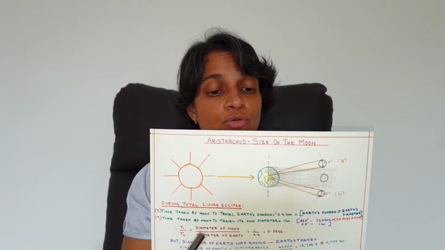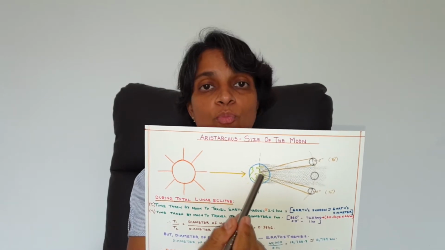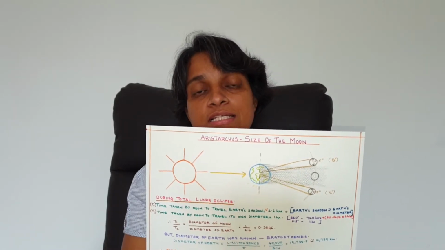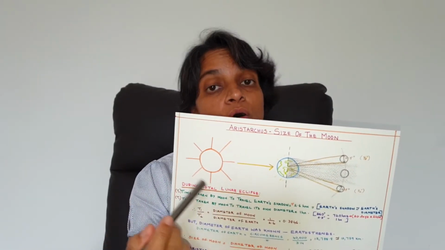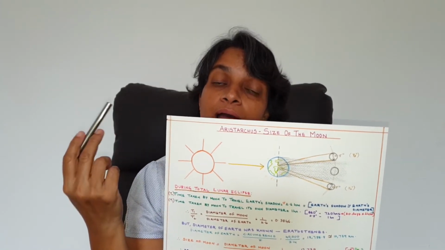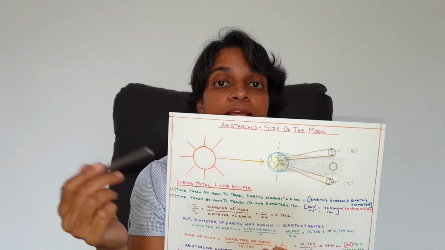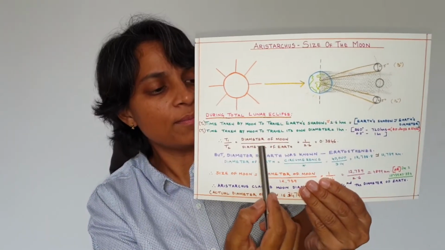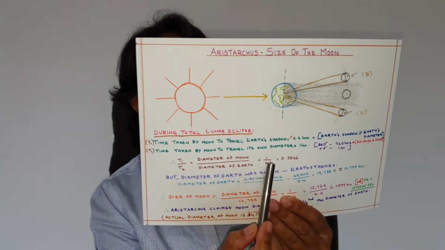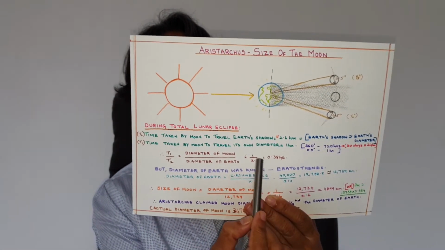So T1 by T2 is 1 by 2.6, that is 1 hour by 2.6 hours. Now he equated this T1 by T2 to the diameter of the moon by the diameter of the Earth. So 1 by 2.6 equals diameter of the moon by diameter of the Earth,